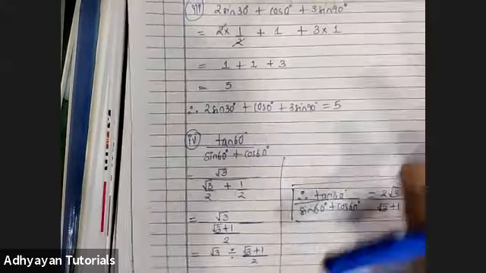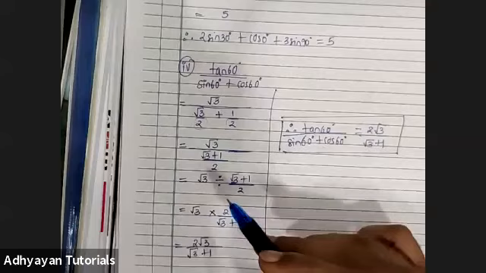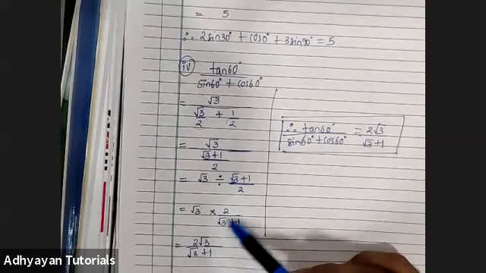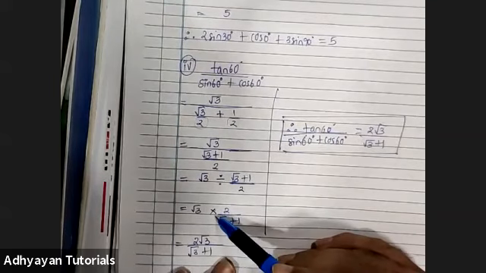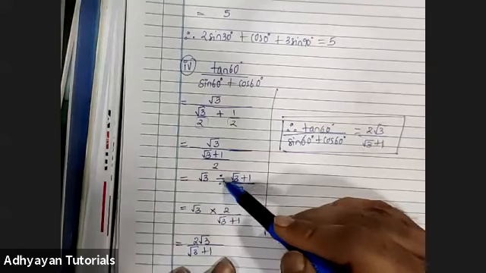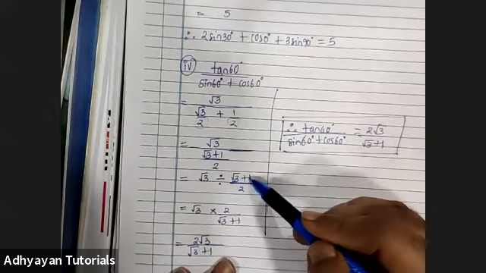Speak. Sir, actually, I have a doubt in the last sum. Last sum, so where is that? Here it is, the fourth sum. Sir, in the fourth step, how did we get root 3 into 2? This one? Yes, sir. How did we get 2? Okay, so see, child, it is root 3 divided by root 3 plus 1 upon 2.